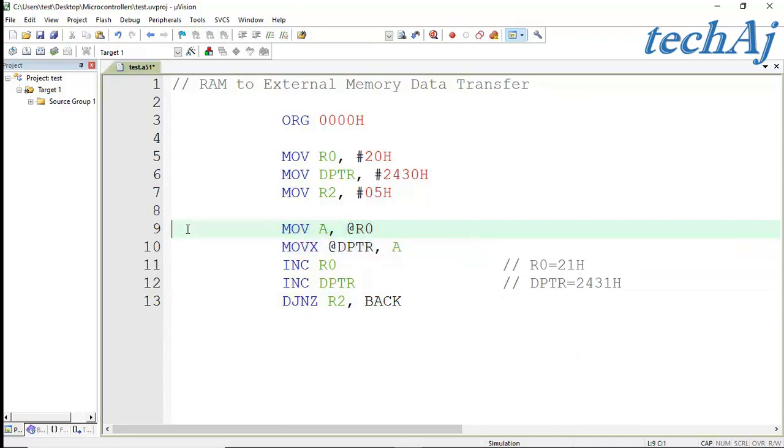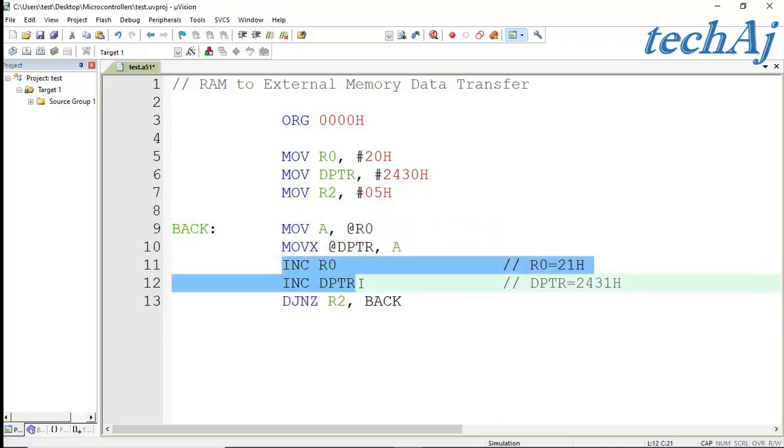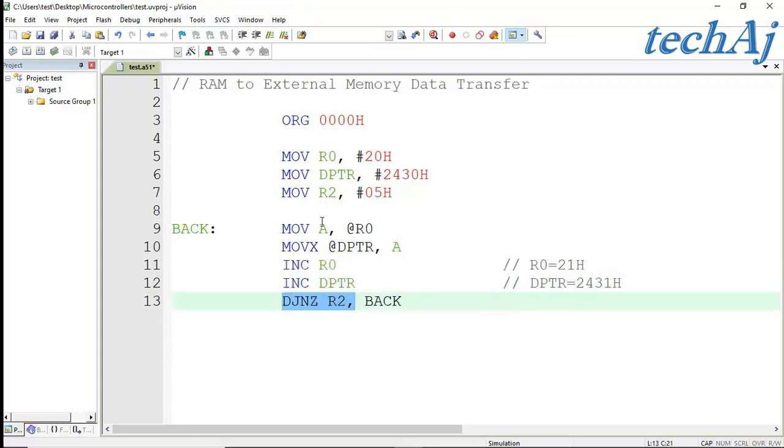So here we'll add the label for the jump, that is the back. So in this way, after every data byte transfer, the address pointer will point to the next address, reduce the counter and jump back for transferring the next data byte till counter becomes 0.